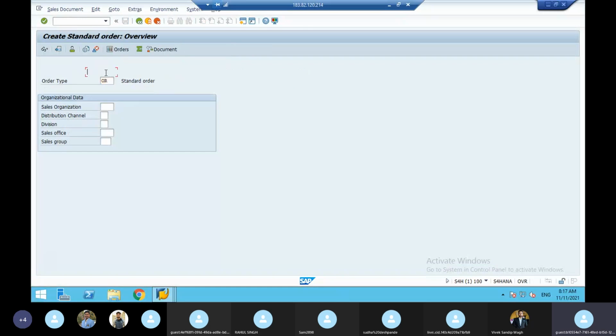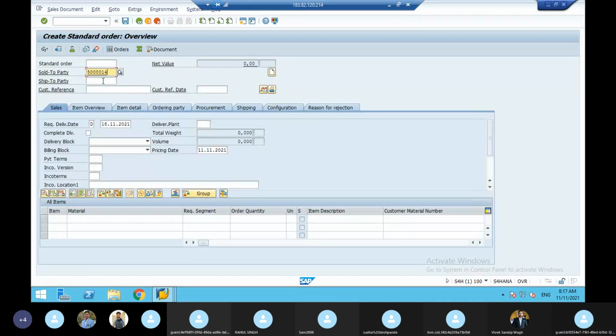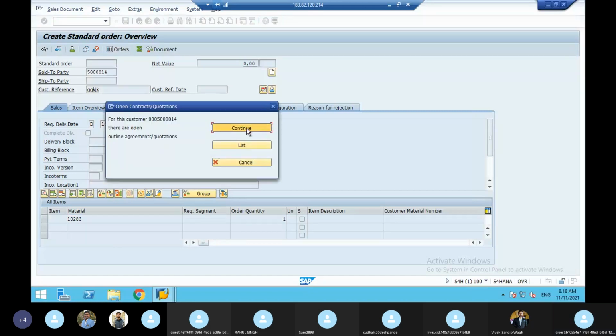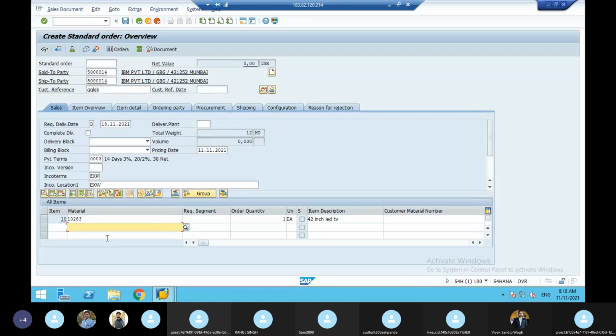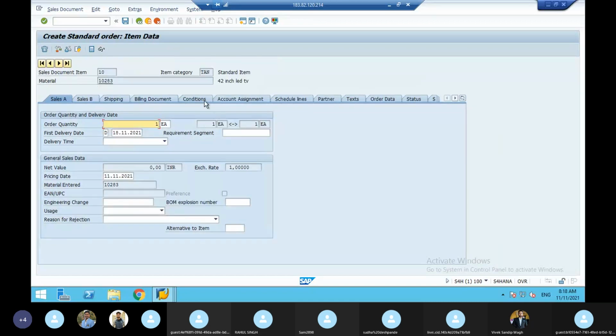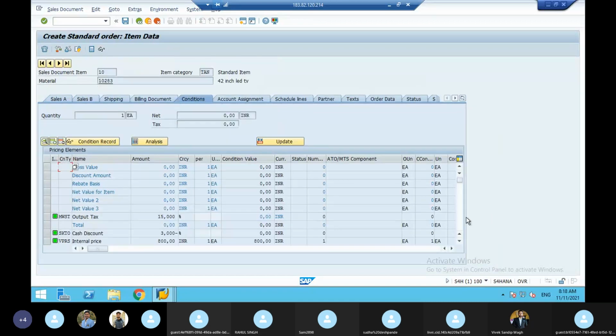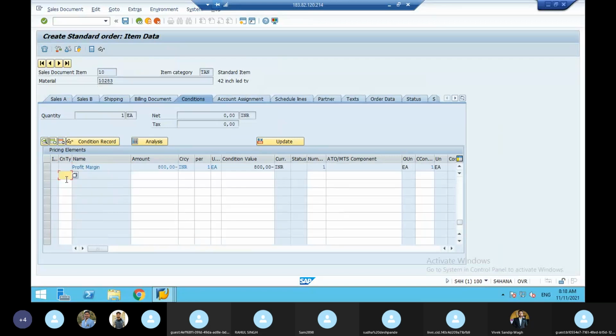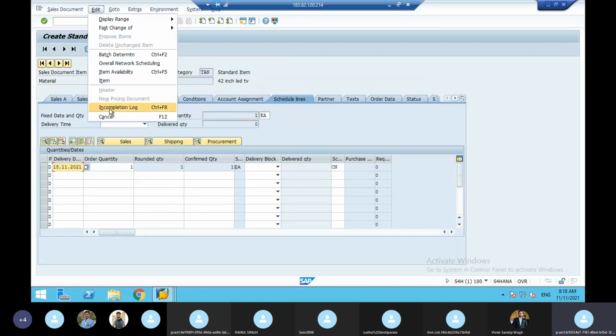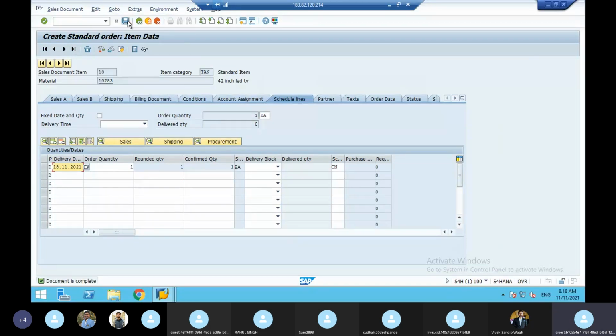So here, enter here. Go to schedule lines, go to edit, in completion log. Now the document is complete.